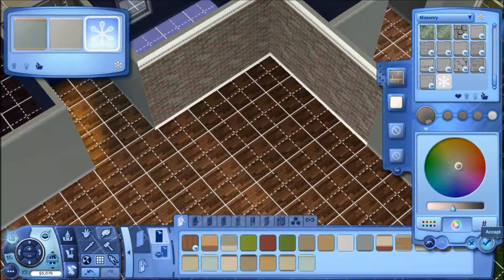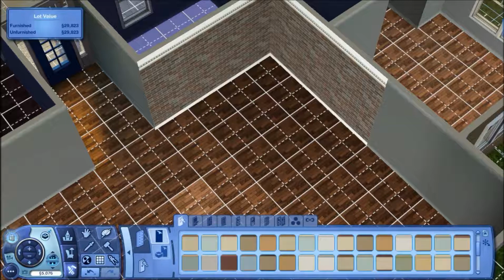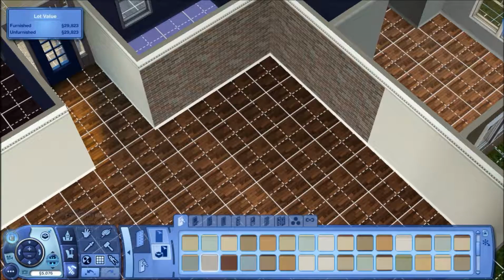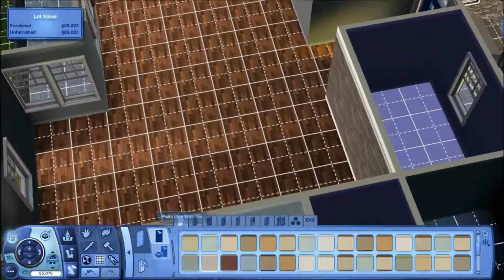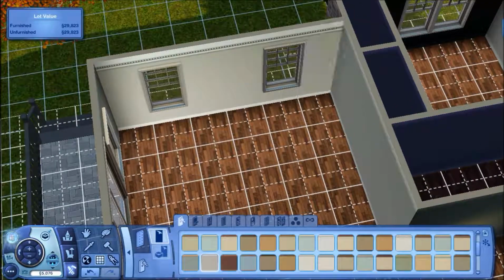So I'll put the hex code for this down in the description, because I'll go back and figure it out after I'm done filming. And then I'm going to go ahead and take that same walling and just fill in the rest of the room with it, just like this. Actually, before I do that, I'm going to take it on this wall here because I want to add in a...